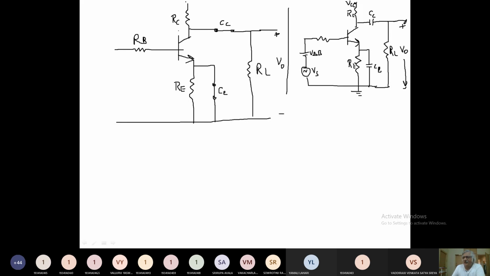So one DC source was there which is connected to this VCC, which is connected to RC. So what you have to do, this RC, this end will be connected to ground now, right? Because now we have removed the VCC voltage, because we are doing AC analysis. Now there was one DC source VBB, so that also short circuited. So simply here now we have only one AC source, right? We have one AC source VS.